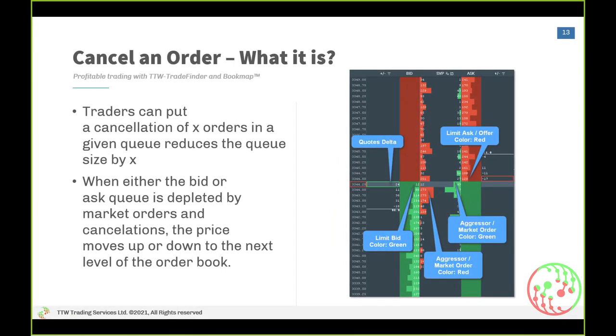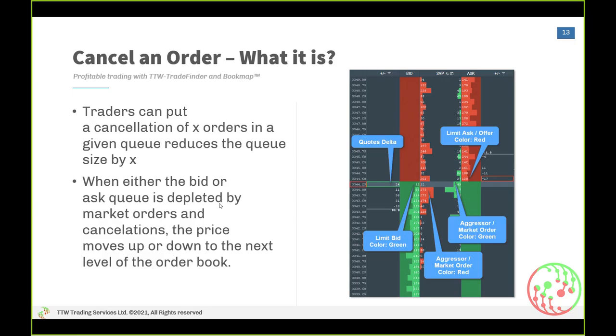Cancel an order, what is it, yes, and that's quite important when we are coming to liquidity in a few minutes. What is it? Oh yeah, that's a typo here. We will constantly see that the orders are cancelled in a book. The problem is, it doesn't matter whether you have level 2 or you have a SuperDOM or you have Jigsaw Trade or whatever dome you have, it is so fast that the human eye can't see what happens in the book in milliseconds.